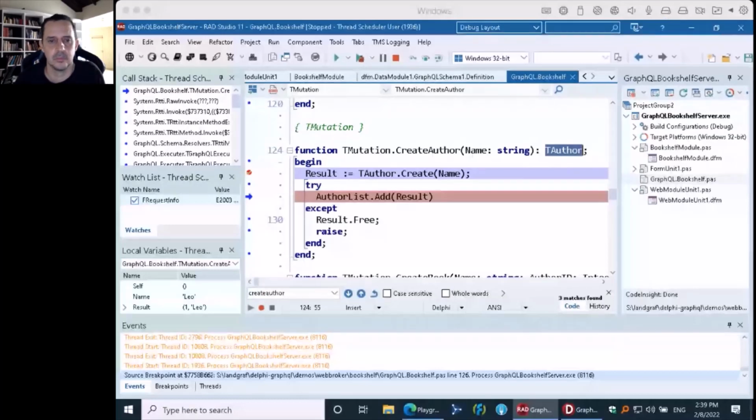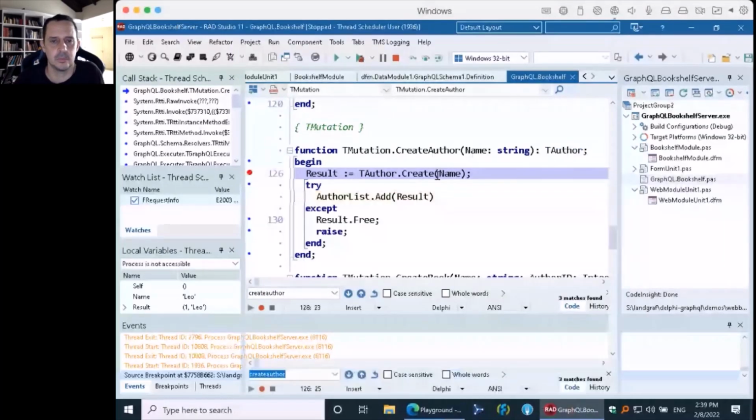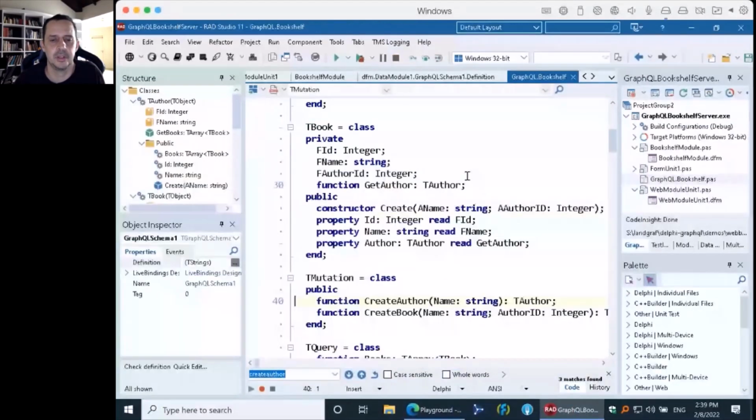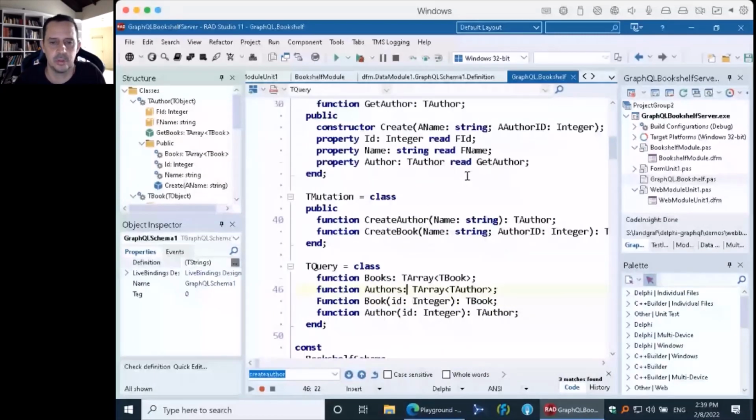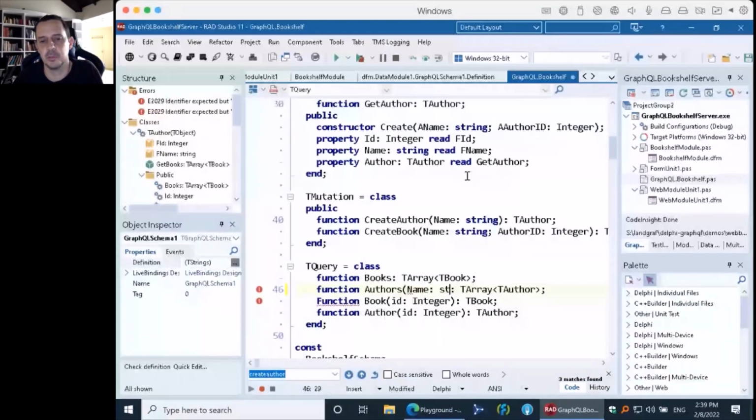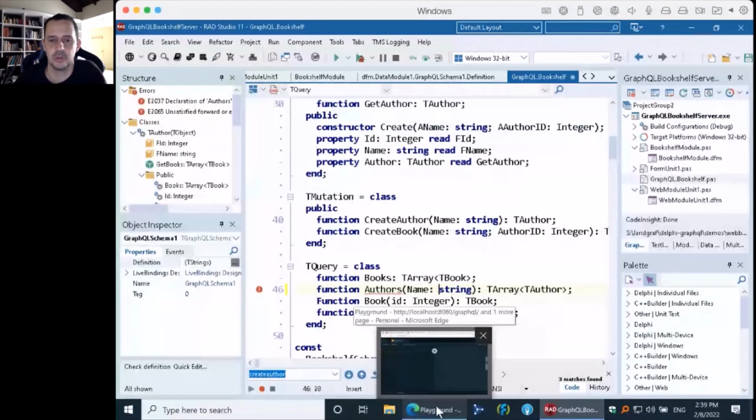It's not in the specification, but of course you may support pagination or filtering, but you have to do this yourself. Just adding parameters to your query and supporting the different resolvers. For example, here, authors, you can put some name here and specify. Note that even though in Delphi you have the parameters here, in GraphQL the parameter is not required. You can set it as not required. So you can have lots of parameters here, but the user is not required to fill all the parameters when querying. So you can specify which parameter you will use.